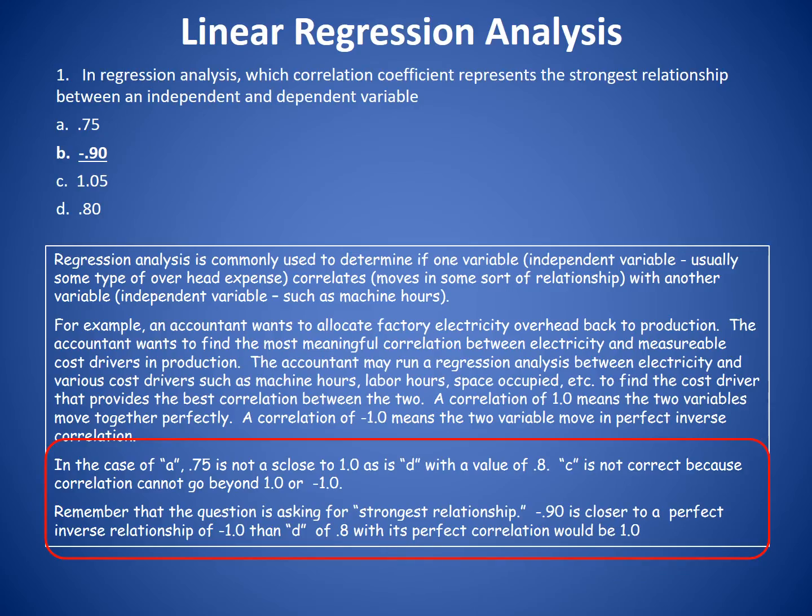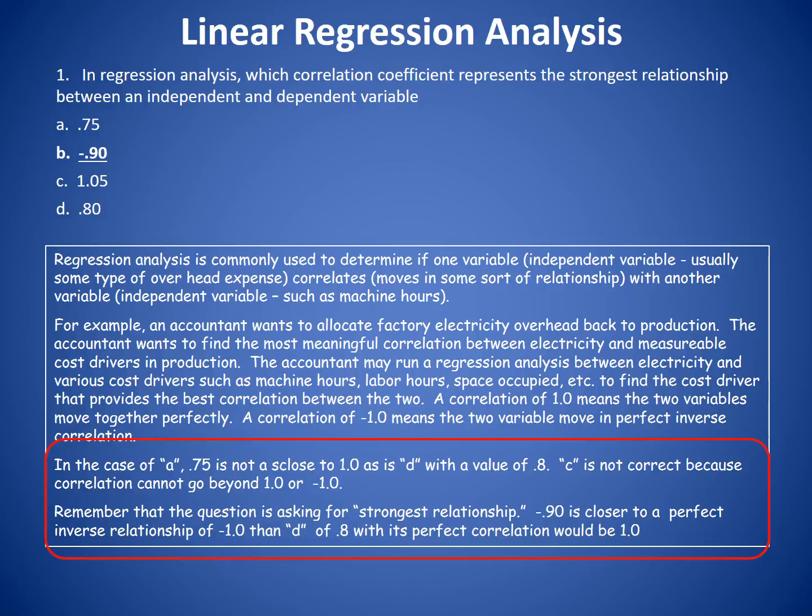The answer to question 1. Number 1 is kind of a trick question. The answer to question number 1 is B, which is -0.9. And I have a lot of information explaining regression analysis in the answer here, but the actual answer to the question is in